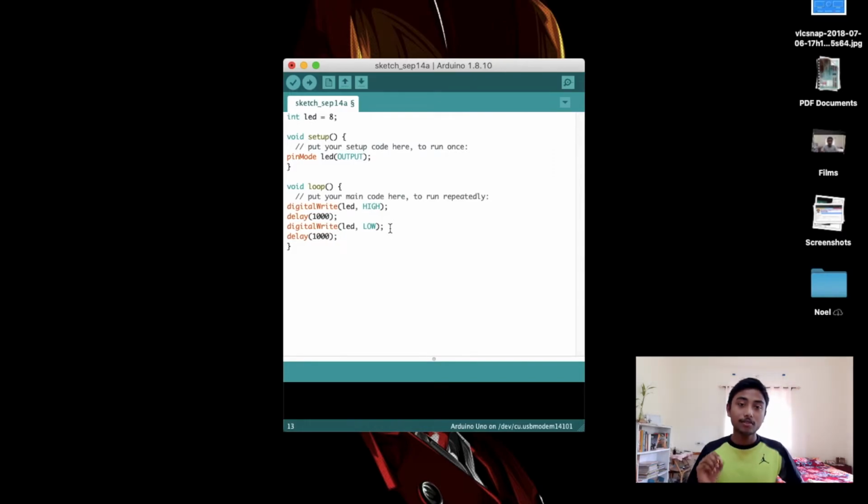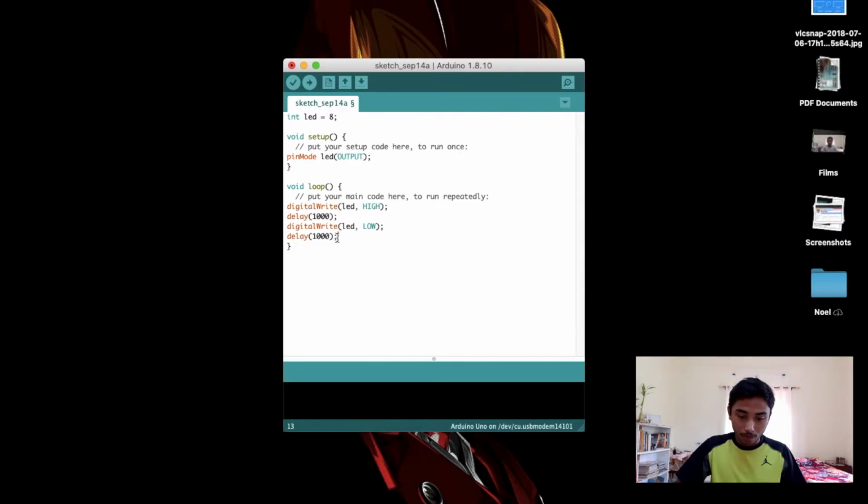So what does this loop mean? As you can see here, we have written this code. Now let's take a careful look at it to understand what loop means. When we run this program, first it will turn on the LED, then it will wait for 1 second, then it will turn off the LED, then it will wait for another second. And that is all we have written here. Now what happens in the loop is it is going to repeat this program.